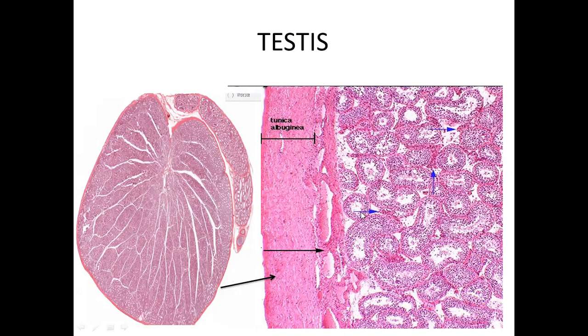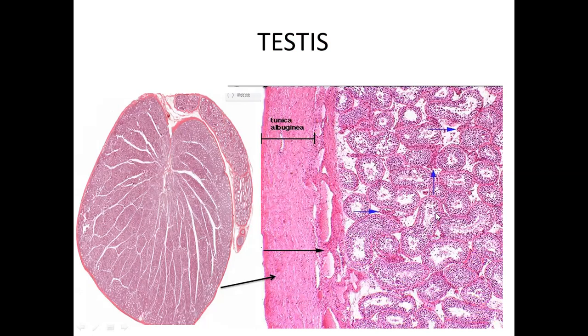And now just looking at a single lobule, there are multiple sections. Some of them are perfectly round cross sections, some are tangential cross sections, some are exhibiting longitudinal sections, but they are all indicating the highly coiled nature of the tubules present within the lobules. So these are all cross sections of seminiferous tubules which are visible.